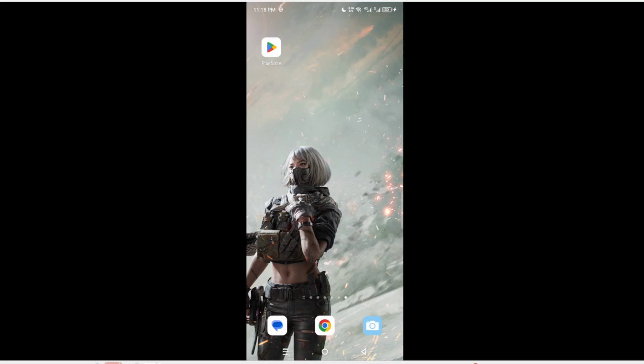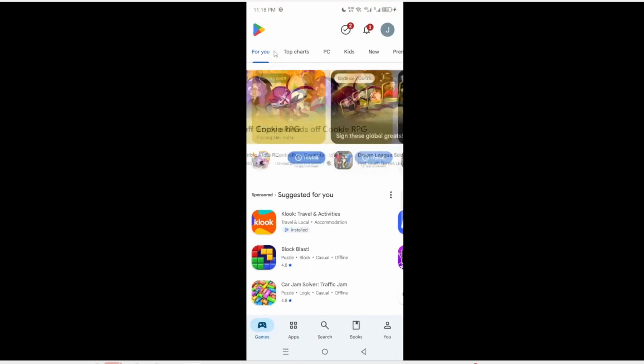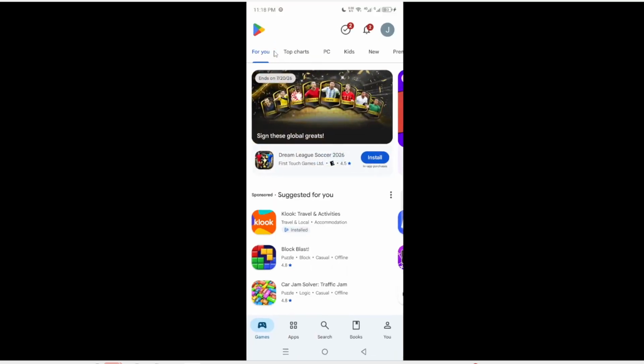This is the official app store for Android devices, and it gives you access to millions of applications. You can find the Google Play Store icon on your device's home screen or in the app drawer. It typically looks like a colorful triangle. Once you tap on it, the store will load, displaying a variety of apps and games available for download. This step is essential as it is the gateway to downloading any application safely and securely on your Android device.